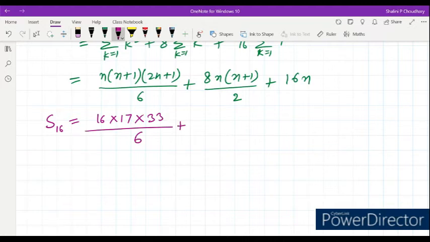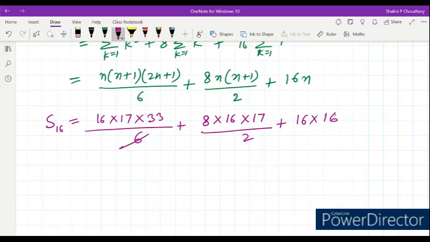Okay, now 8 multiplied by 16 multiplied by 17 upon 2 plus 16 multiplied by 16. Okay, 16 multiplied by 16, so this will be 256. So we'll divide this. What value will we be getting? We'll be getting 2 here and it will be 11. Okay, now again we'll divide this,